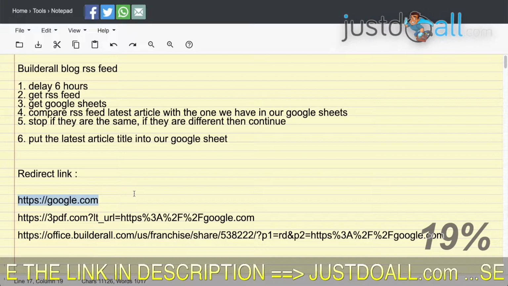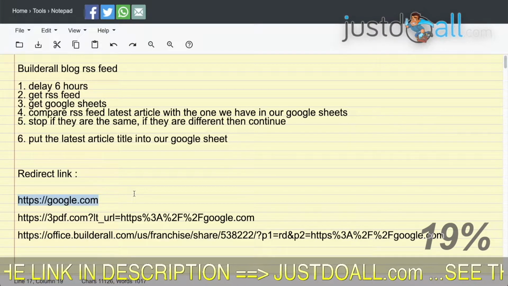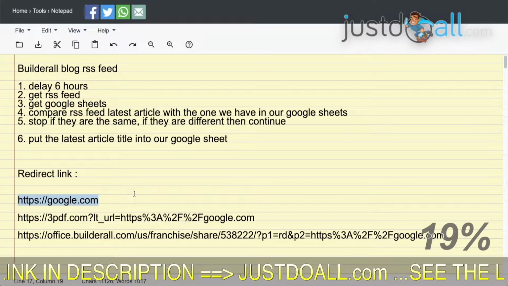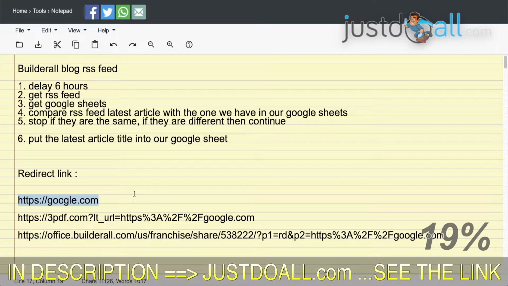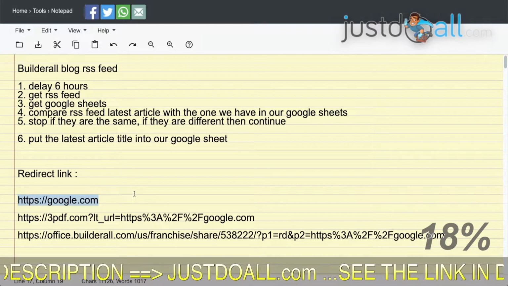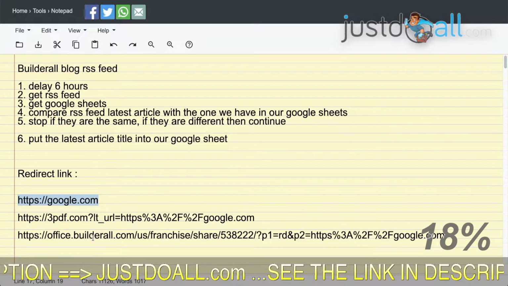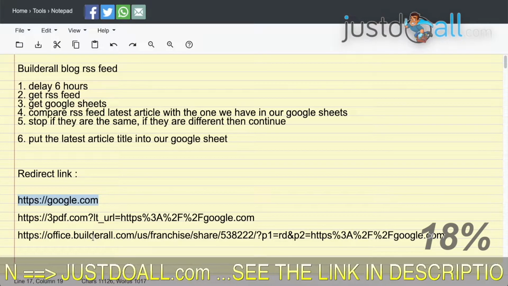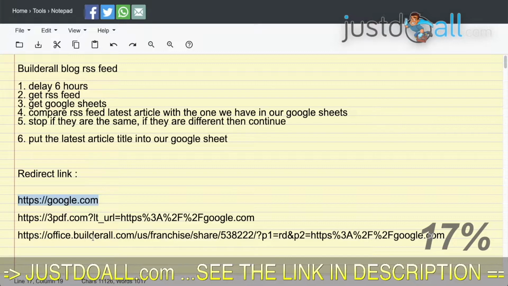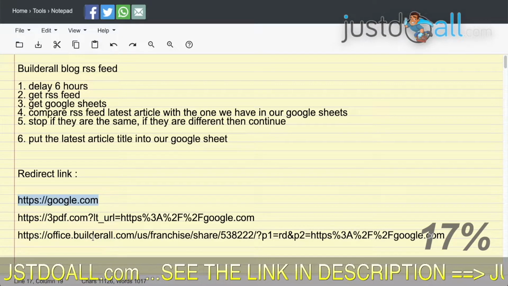So we have two steps to do. The first is to get the URL of the article and URL encode it, and then attach it to either the first one or the second one. The second one is the most simple. Maybe that's the one I will show you in this tutorial.